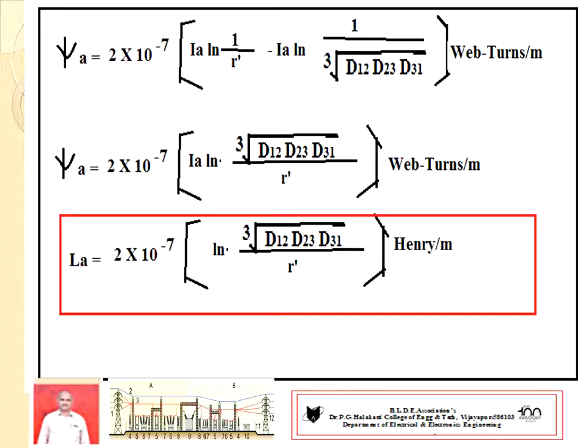The final expression becomes LA equal to 2 into 10 to the power of minus 7 ln of cube root of D12 D23 D31, the distances between all three conductors, divided by r dash, the GMR value of the conductor, its radius,